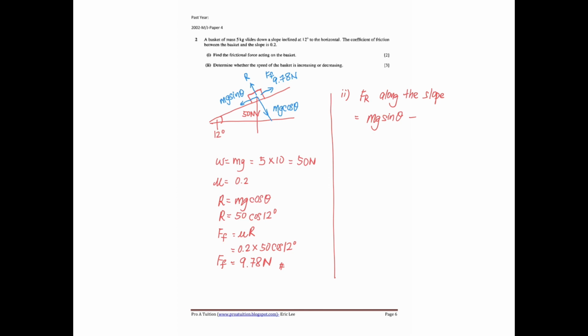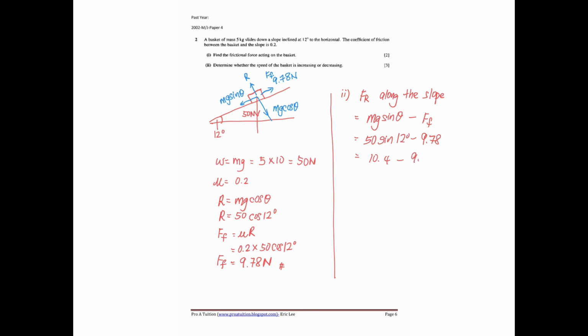Going up the slope is the frictional force. Now I substitute values. The mg is 50, theta is 12, frictional force 9.78, and then I just calculate this. So I get 10.4